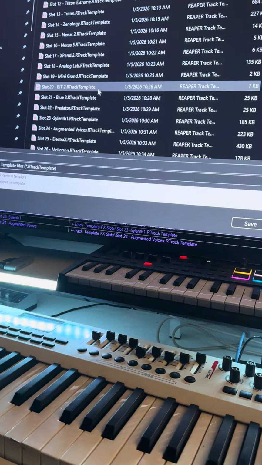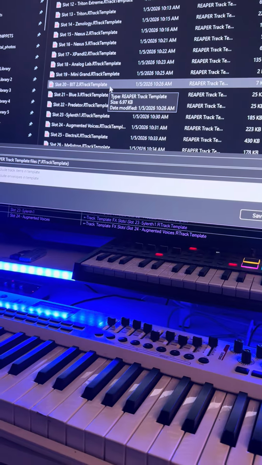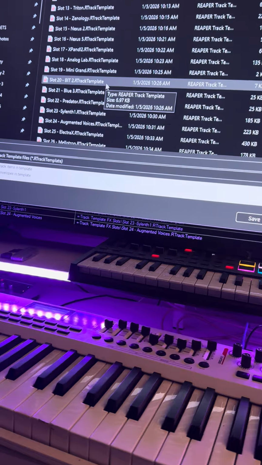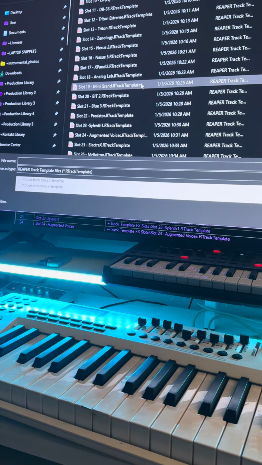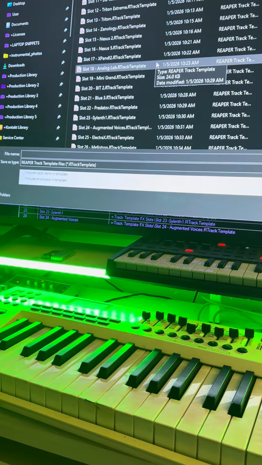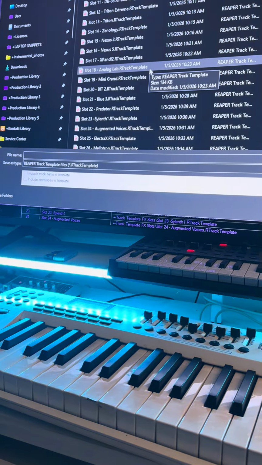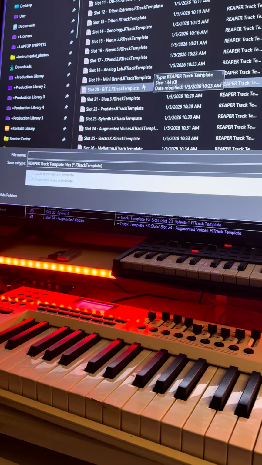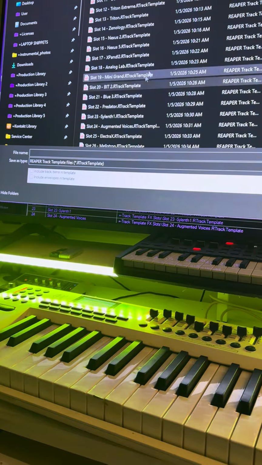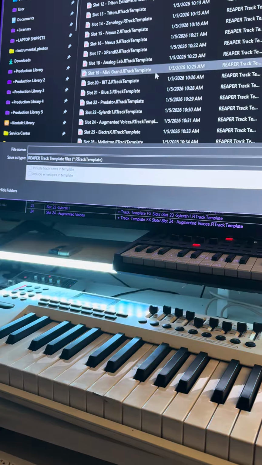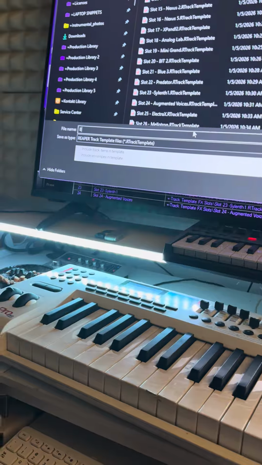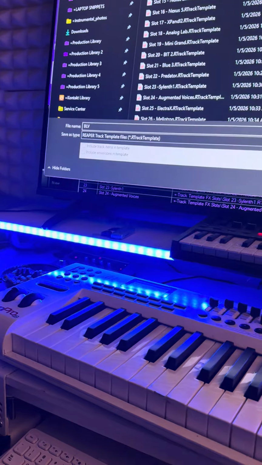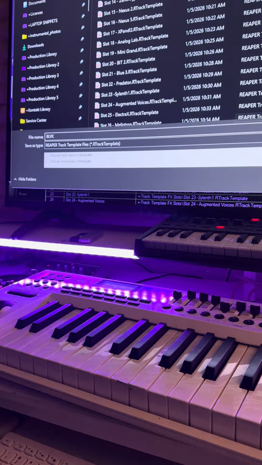You would have to have my plugins, and then it would be forced on you. So I didn't want to force that, because I don't know if you already had track templates set up from those numbers. So I wouldn't just give you track templates. So you go in there and you save your track template as a name, blah, blah, blah. All right, you save it. And once you save it,